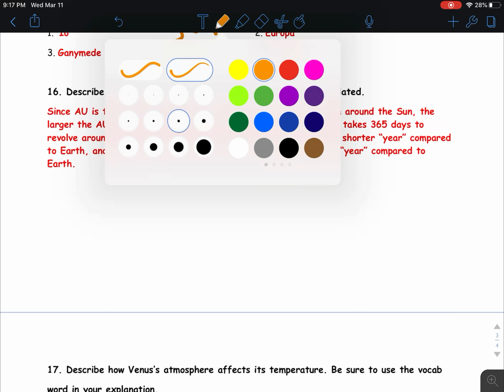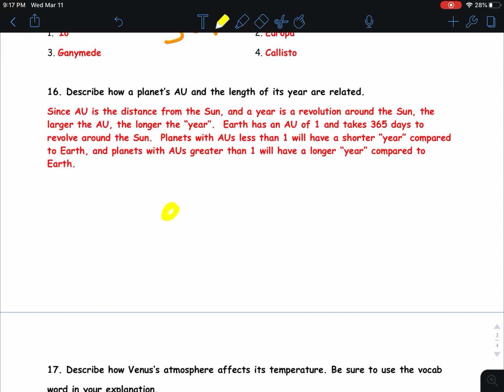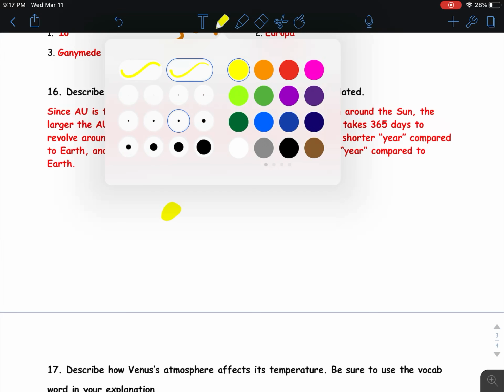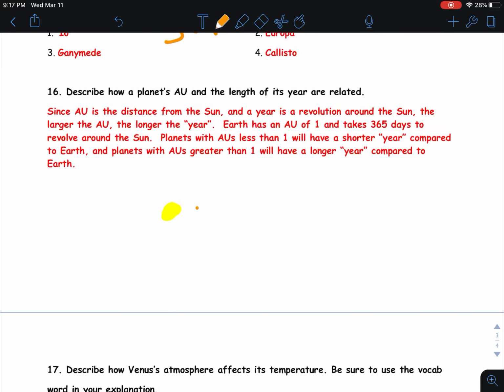Now that makes sense, because if we have our sun, and if we have our planets, our 8 planets, my